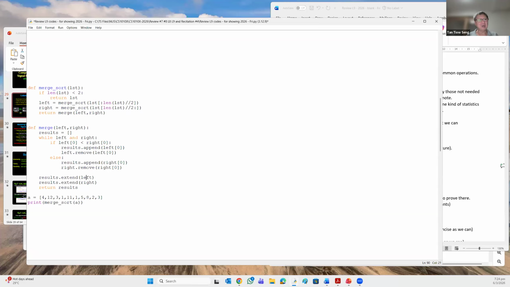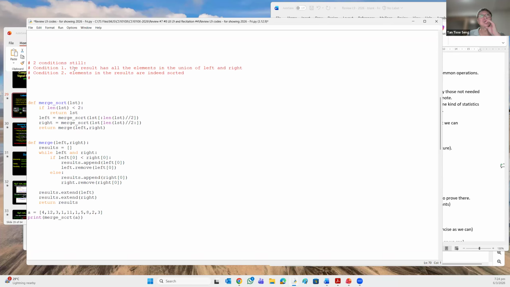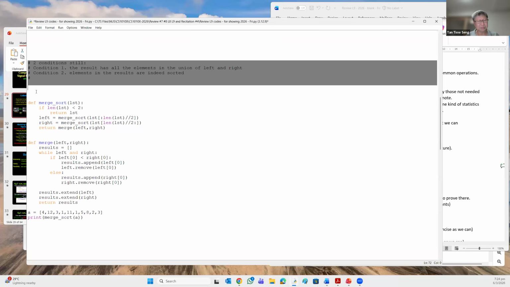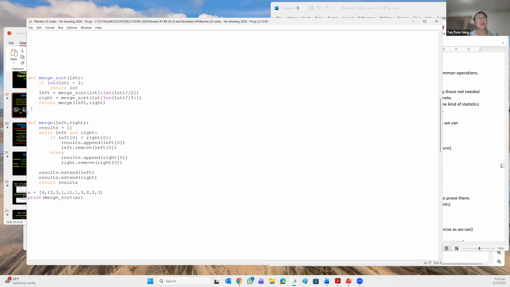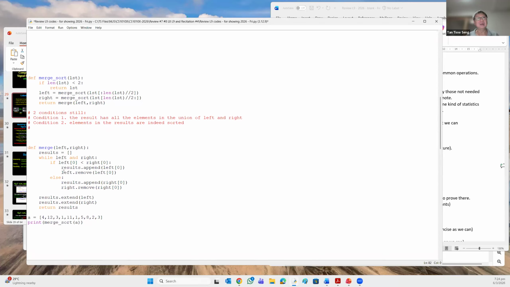So the same thing. How do I prove that this is correct? There are two conditions that I need. Condition 1: the result has all the elements in the union of left and right. You don't want to miss out any guy. And condition 2: elements in the result are indeed sorted. So maybe I should put this here because we only need to care about the merging. The recursion is assumed sorted. This is proved by induction, if you know what that means. Most of you should, because it's normal mathematics. All right, so these are the two conditions that you have to